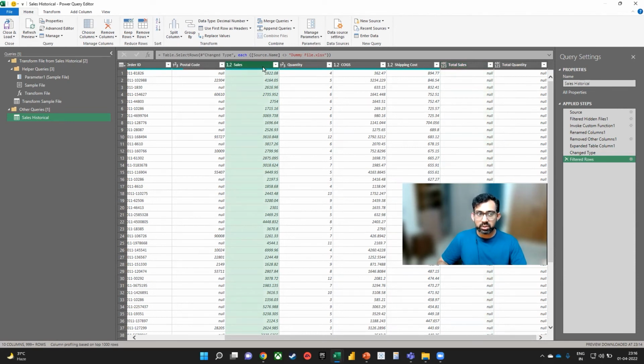And this makes sense, right? Because if the value is in the sales column, there's nothing in total sales and vice versa. Same for quantity and total quantity. If one of them is null, the other has a value in it. So I select sales and total sales. And if we go to